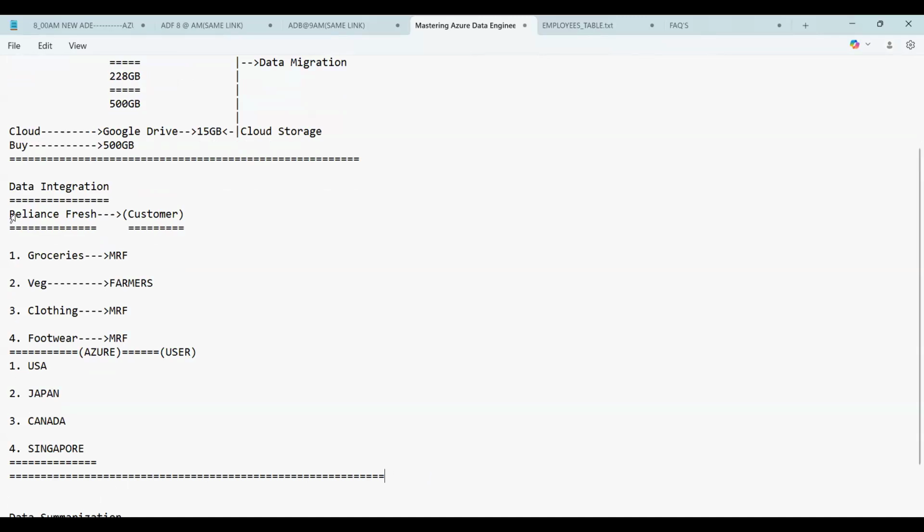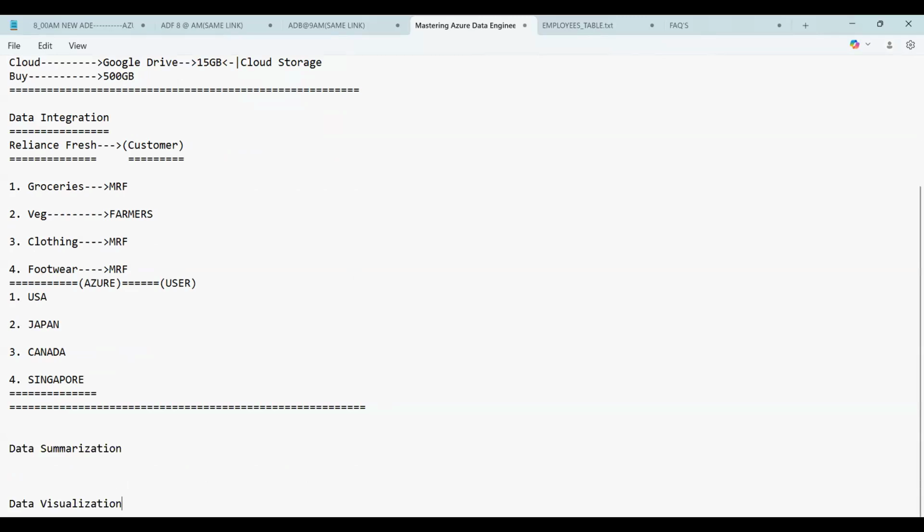So one of the major tasks we do as a data engineer is what? Yes, guys, data integration. The first process is data migration. After the migration, what comes here? Data integration. Now the very important task of the data engineering activity, which you can say is the heart of all the things, is called what? Data summarization. This is very important, and the whole of data engineering is done because of data summarization only, am I right?